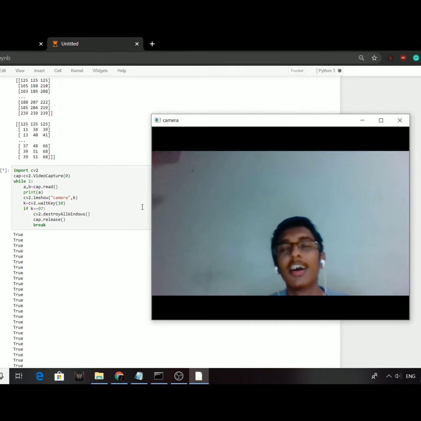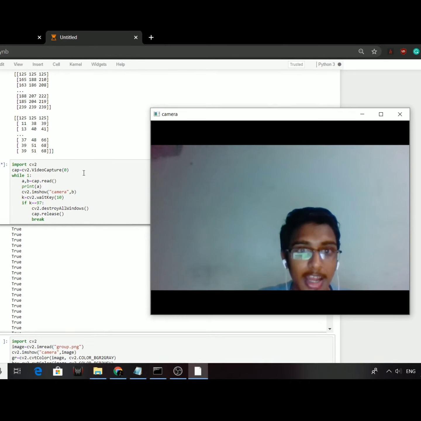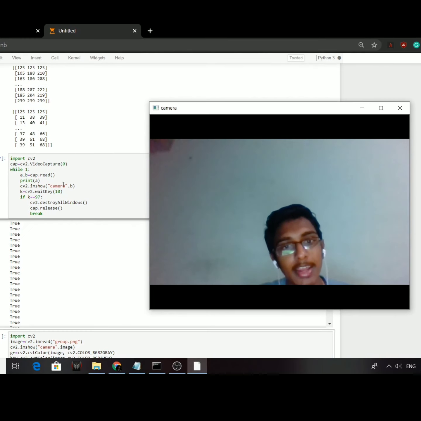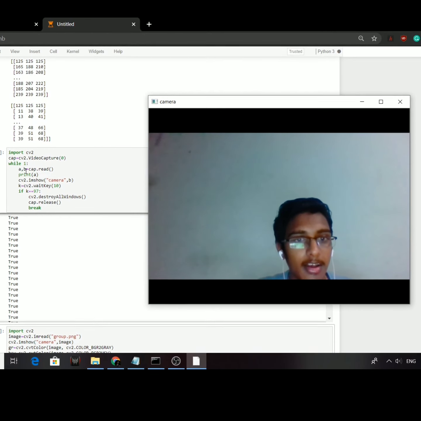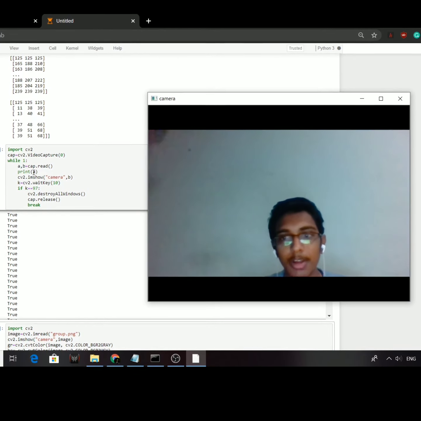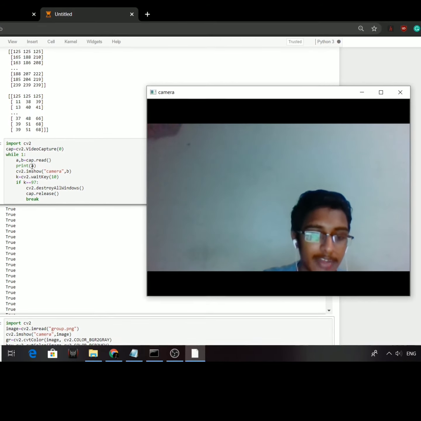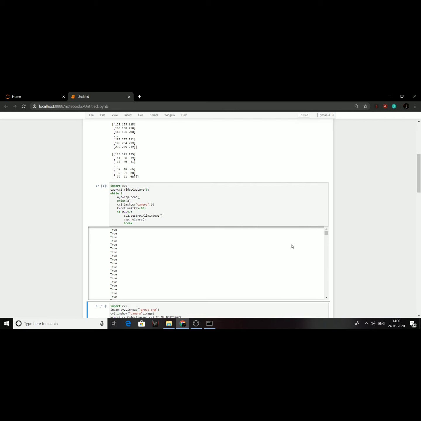See? Hi. So yeah, this is the output. My webcam keeps on storing the frames and passing them to cap. From cap, my b keeps on reading it, and then I'm displaying it in the window camera. And here the true represents variable a, which says my webcam is properly working and functioning. I'm pressing numbers 0, 9, 8, 7, 6, 5. But when I press a, the window automatically closes because a's ASCII value is 97, and we made a condition: if k == 97, all the windows will get destroyed. See, that's what's happening here.